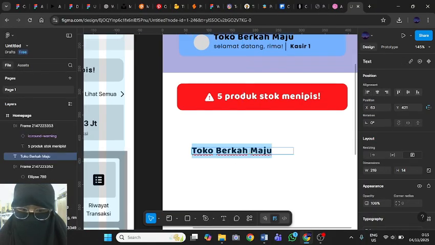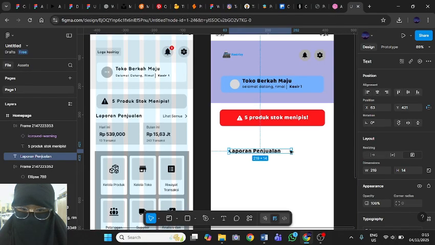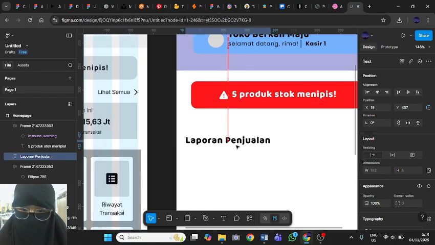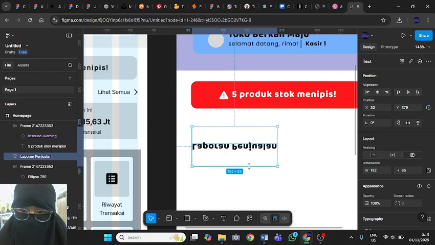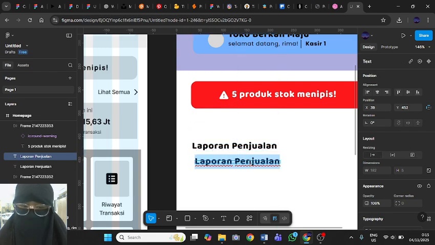And then rename this and duplicate. Wait, going to duplicate